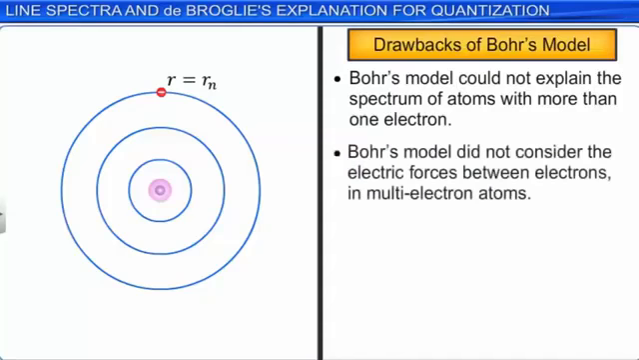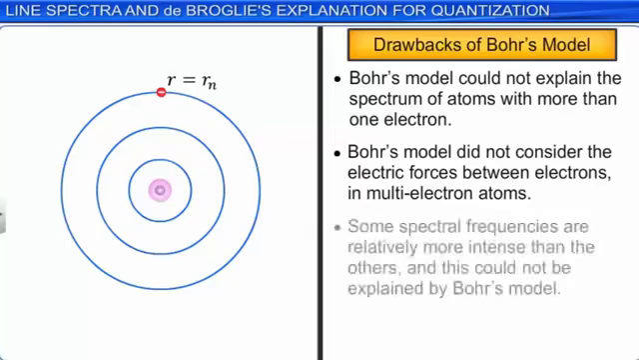Though the frequency of spectral lines was correctly predicted by Bohr's model, some frequencies are relatively more intense than the others. Bohr's model could not explain this fact. Thus, the atomic model of multi-electron atoms